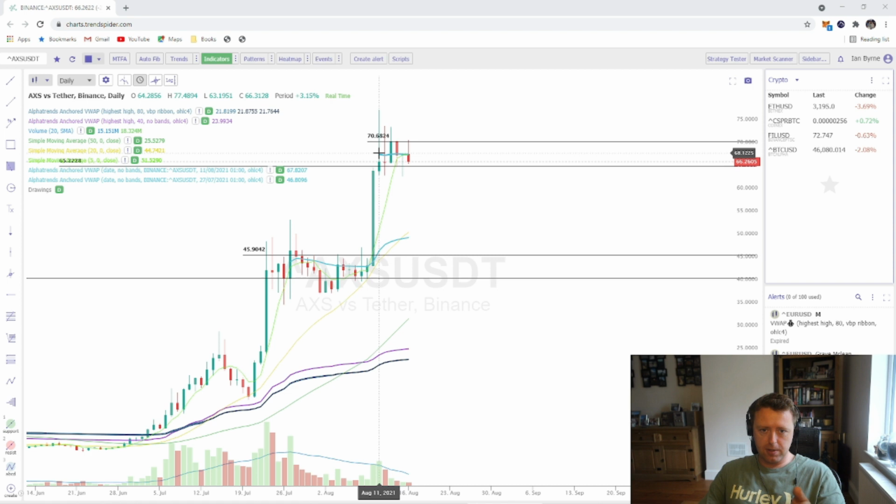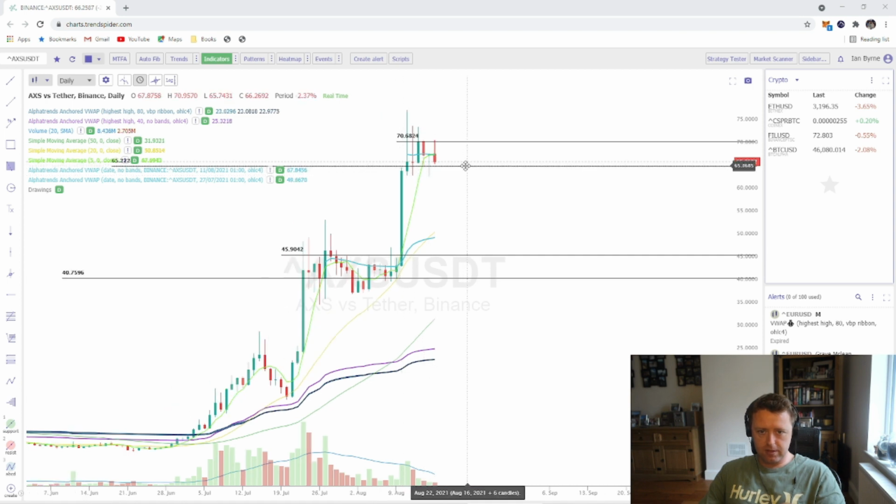And this is the VWAP from the peak, which is the volume weighted average price, so the average price paid by volume by people who got involved since the August 11th high. And prices dip below that as well. So there does seem to be some support here at this 65 level. But if you look at the chart, even in terms of dynamic support and moving averages, there's really not a lot until you get down to 45. So if you're trading, definitely do so with caution.